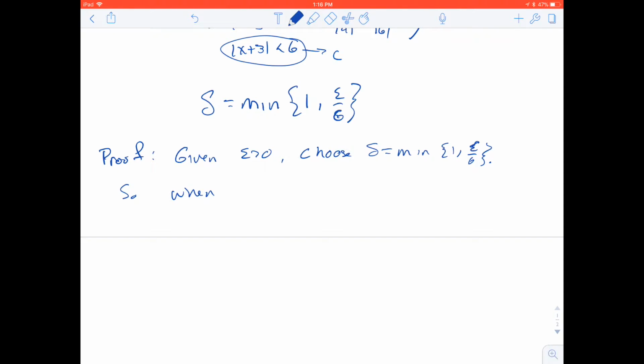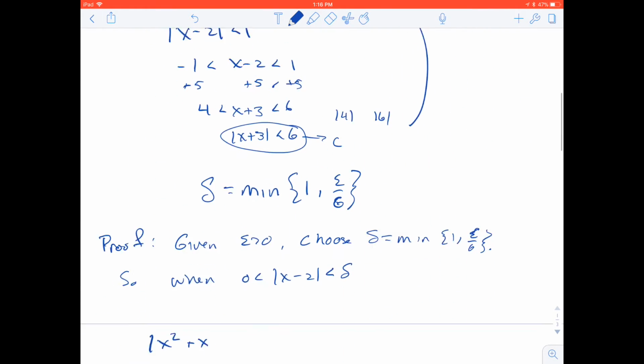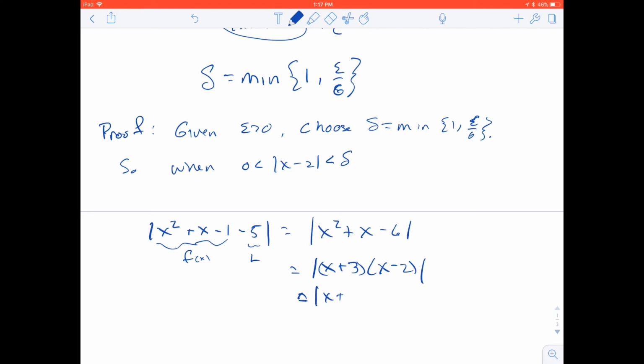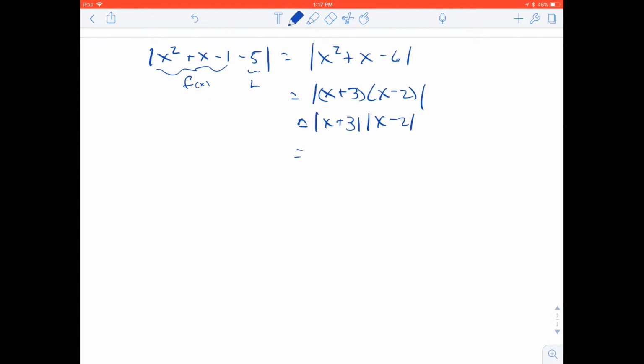So when 0 is less than absolute value of x minus 2 is less than delta, x squared plus x minus 1 minus 5, our f of x and our L, is equal to, again, that same expression as before, x squared plus x minus 6, this is x plus 3, x minus 2. Which is equal to, we can distribute that absolute value,